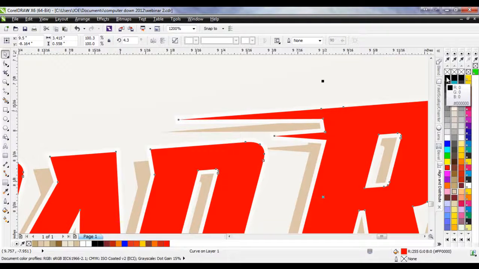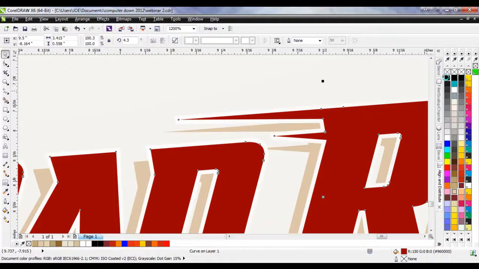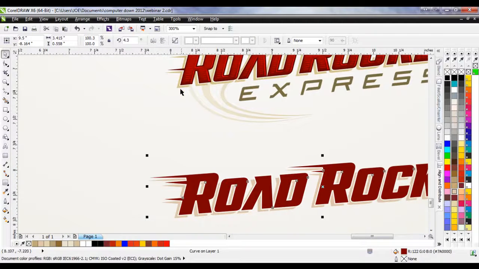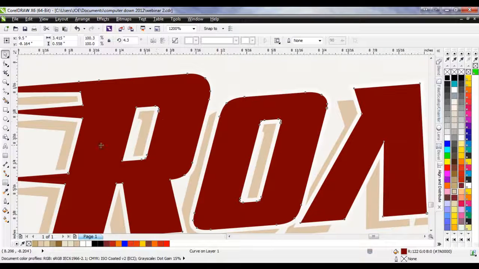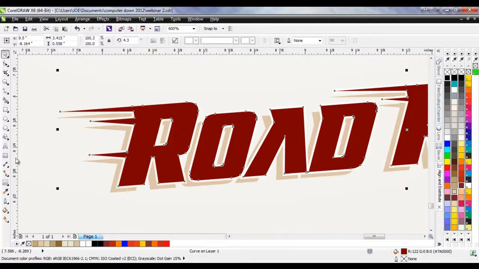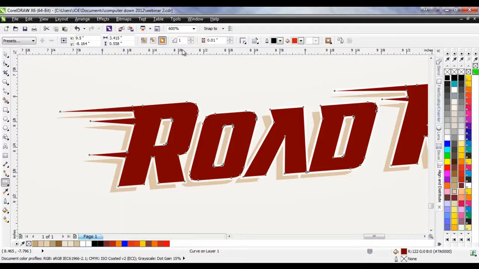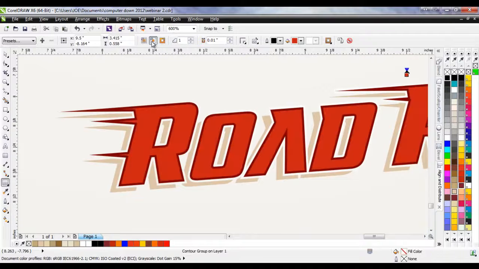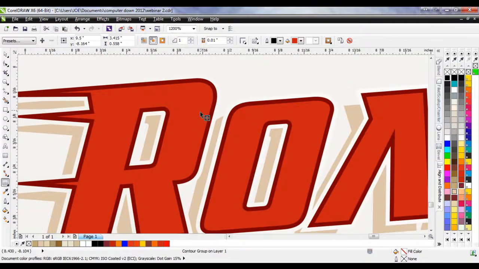If you hold down your Control key, and then you select a second color, it will add that second color to the first color, just a little bit. So we can hit the black a few times, and we create a nice, deep, dark red. And that's a pretty close color to what we used here. Now I'm going to select the shape one more time, and go to the contour tool, and select inside contour,